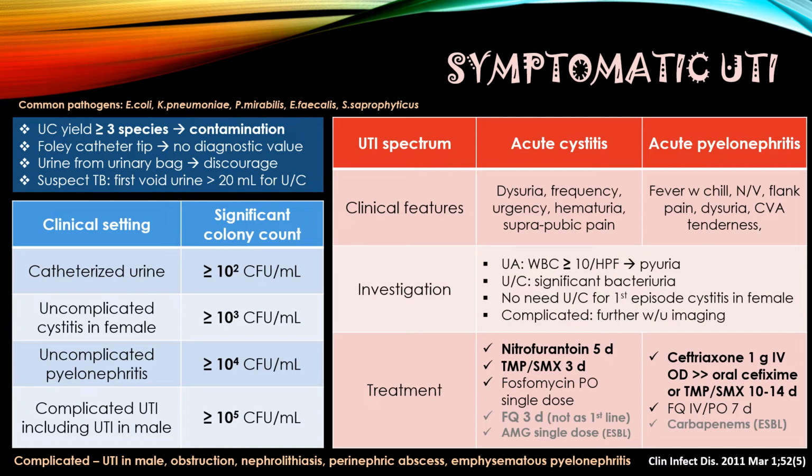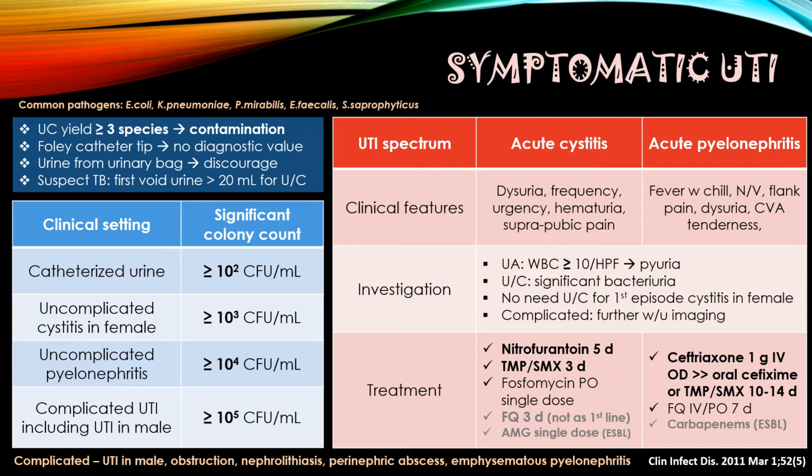There is a lot of misunderstanding among doctors that significant urine culture is more than 100,000, the same as significant asymptomatic bacteriuria in the previous slide. But in fact, if the patient has symptomatic UTI, the amount considered significant is lower. So if the patient has symptoms of cystitis, and the urine yields E. coli